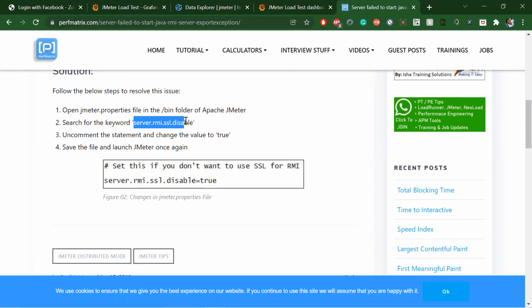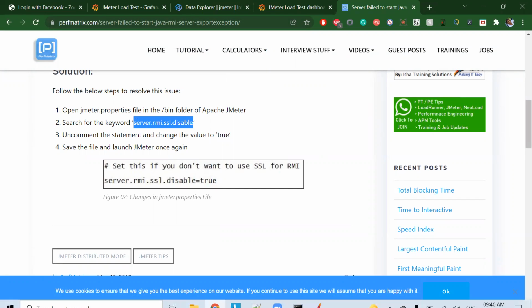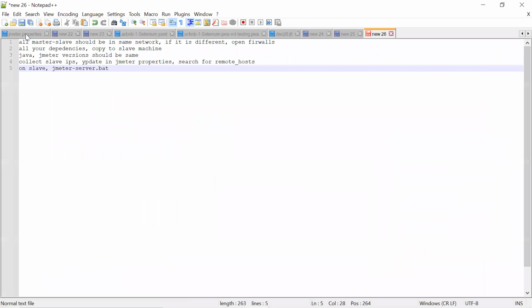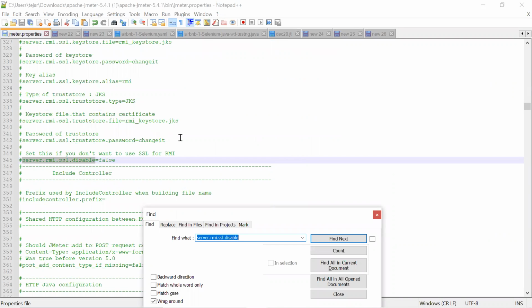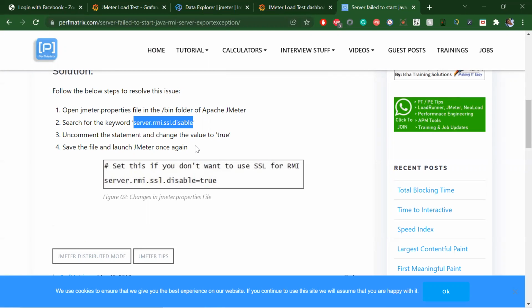And remember, performator.com is one of the best websites. You'll get most things here. Let's search for this key. What he mentioned is to comment out the value and change it to true.